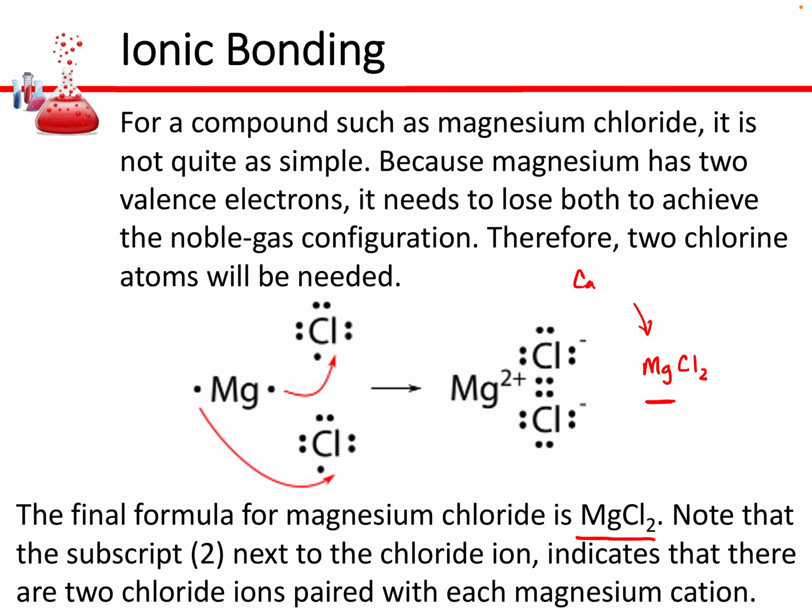Ag is what? Silver. Cl. Chlorine. In its ionic form? Chloride. Okay, so you've got your